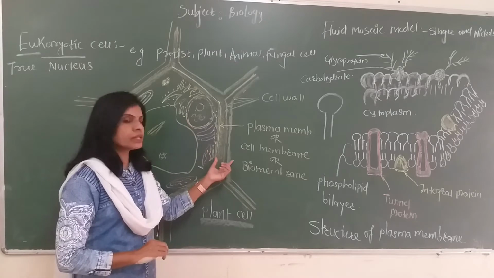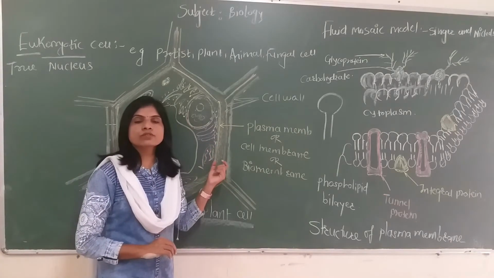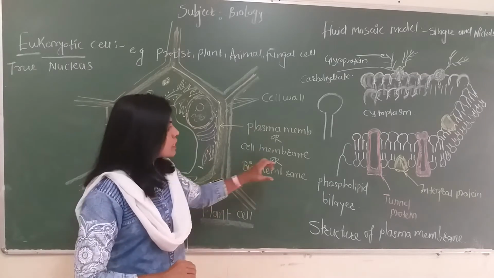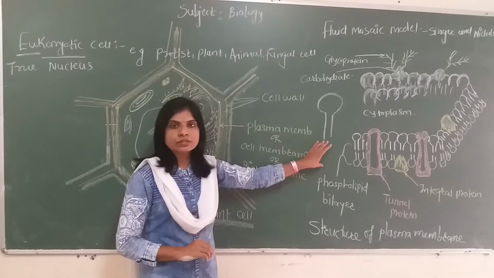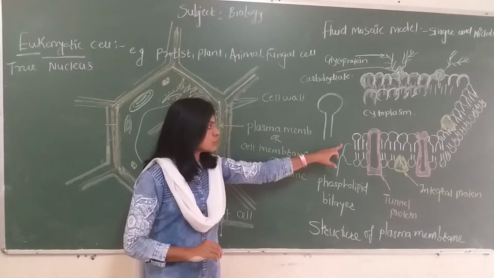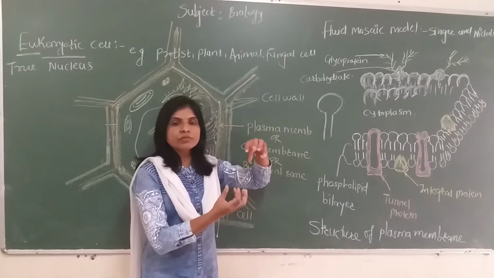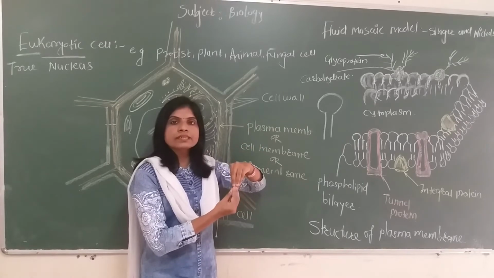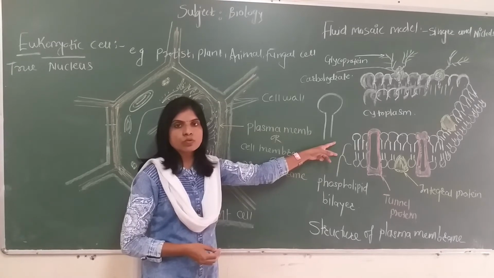This plasma membrane has a thickness of about 75 angstrom units. Under the electron microscope, the plasma membrane appears as a trilamellar structure. This means that on its innermost and outermost surface it shows the heads of the lipid molecules, and in between the two heads, like a sandwich, their tails are embedded in the middle part of the plasma membrane. So it appears trilamellar under the electron microscope.